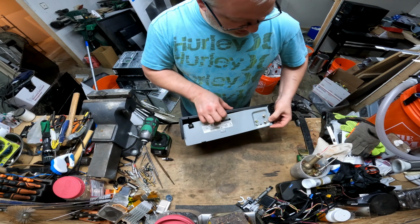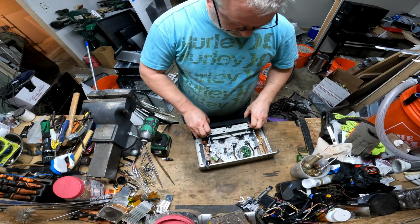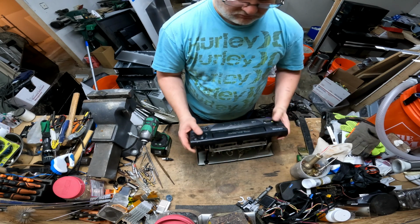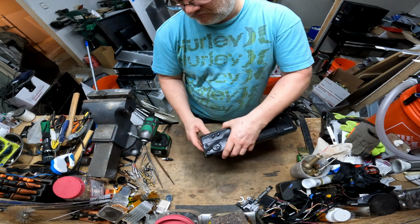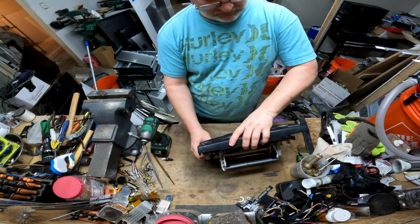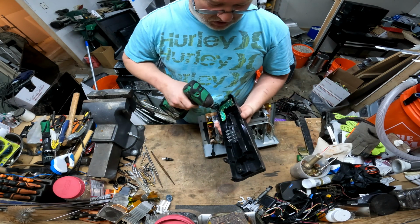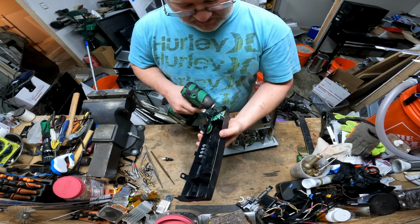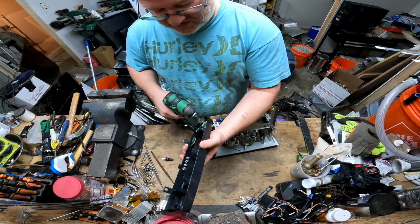A little bit of steel for the cover here. Is there really anything of value in these? From a scrapping standpoint, not really. From a Greeblies standpoint, yes. Now I'll remind you that Greeblies are things that can be used